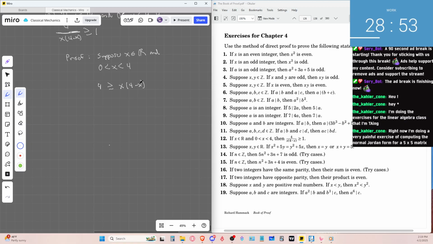Maybe we're supposed to use this to help us actually. Let's see if that works. So let's just minus 4 on both sides. Well, not both sides, what I mean is